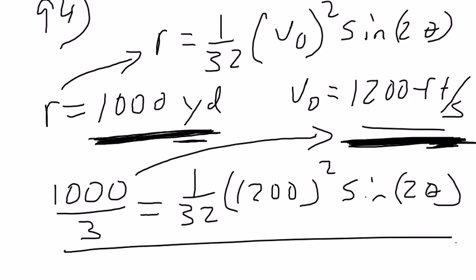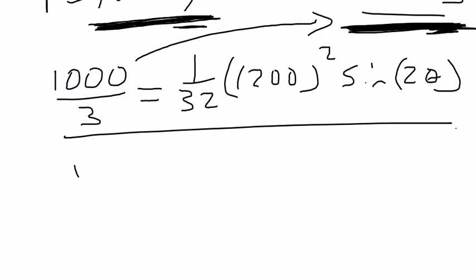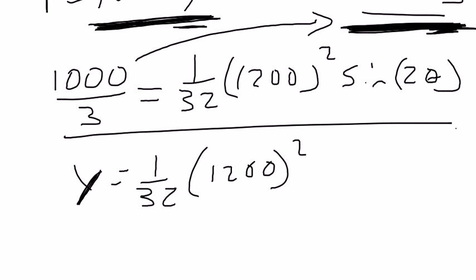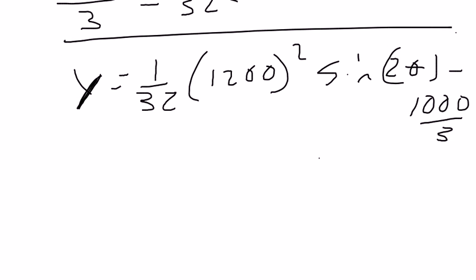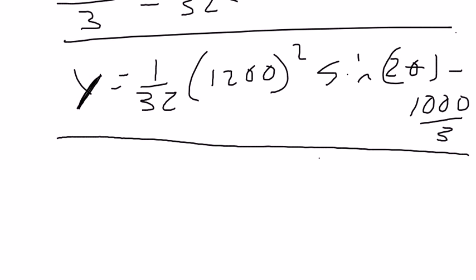I would subtract this from both sides, and then I would put it as y equals 1/32, 1,200 squared, sine 2 theta, minus 1,000 over 3. The toughest thing for this problem is to get the graph to show up on your screen. Okay,